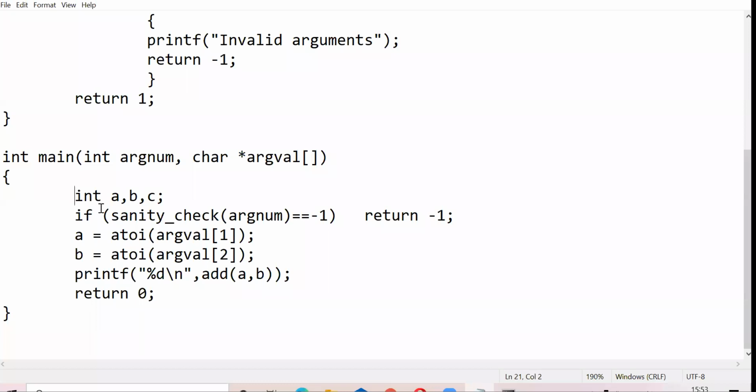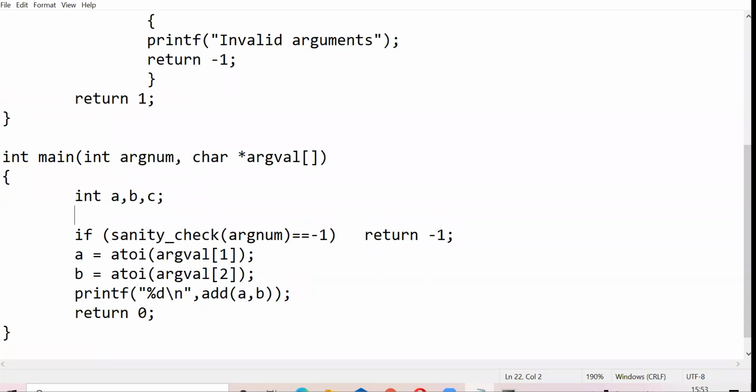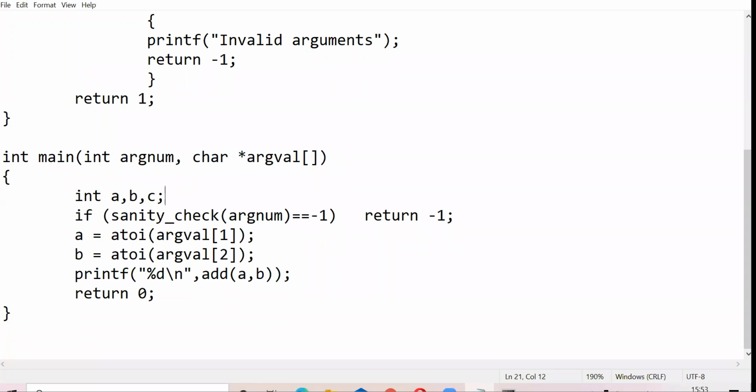So till now we are using simple variables, which are of type integers A, B, and C. So what are pointers? Pointers are special kinds of variables which hold the addresses of these. So see what will happen when you declare 3 variables here, A, B, and C. These variables are allocated some memory in your system. Only then you can use them. They exist in your memory. So here I am actually giving out some memory to these, and every memory has an address. So all these 3 integers are located at some address in the memory.